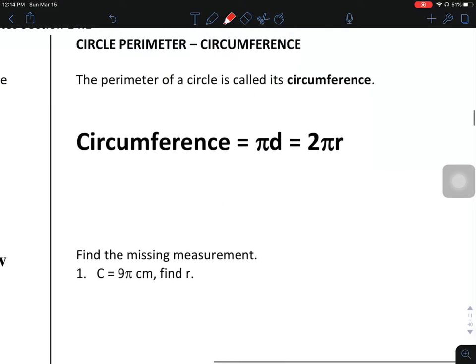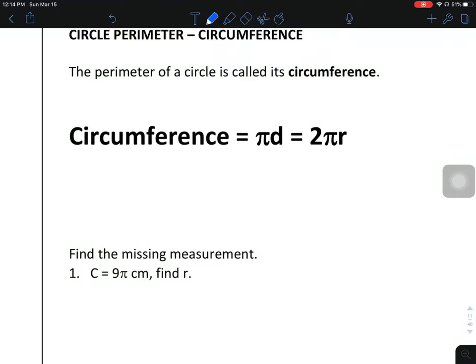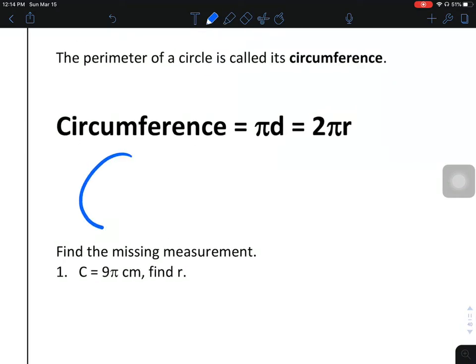Circle is a little different. A circle's perimeter is called circumference. And if you were to draw a circle, let's say construct a circle using your compass, not a protractor, and you were to measure the diameter,